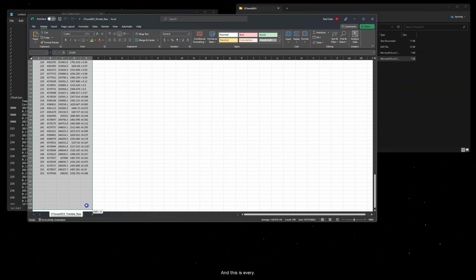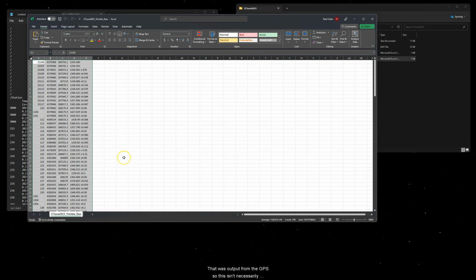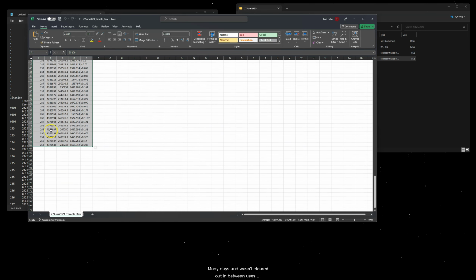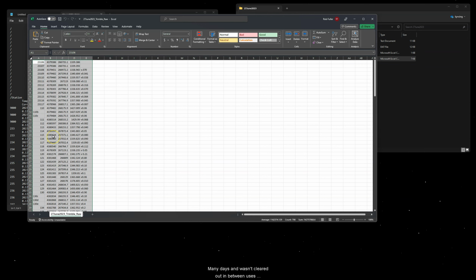And this is every Trimble reading that was output from the GPS. So this isn't necessarily everything that was collected from June 27th, 2023. This looks like it was collected from many days and wasn't cleared out in between uses, which is fine, because